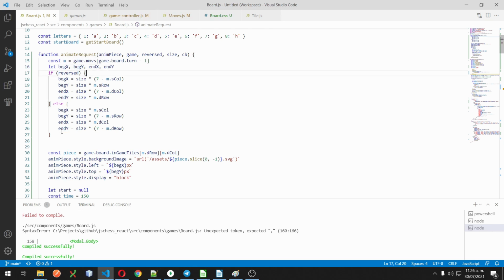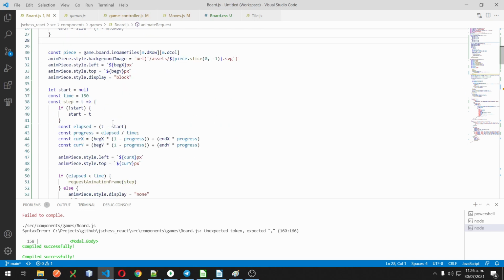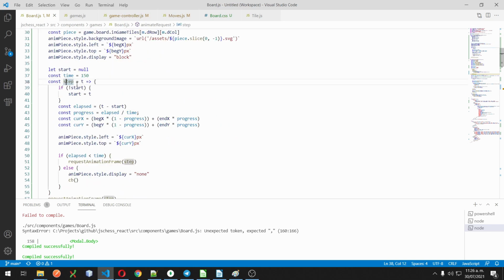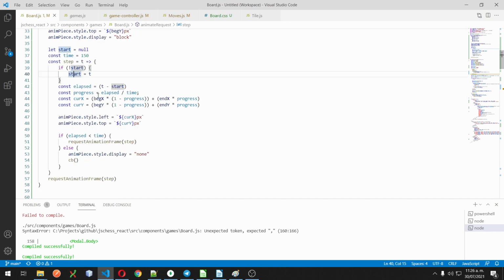Don't mind too much about this code because it's related to the board itself, but it's enough to know that we have beginning and ending positions for both. The first time that step is called, start is going to be null, so it's going to be assigned the time at which the first frame was drawn.